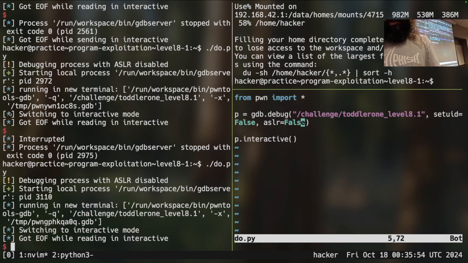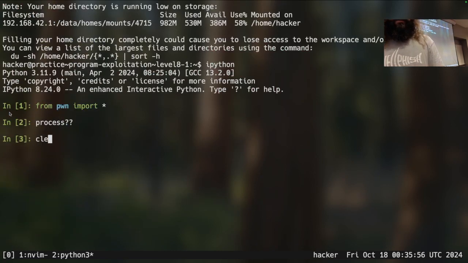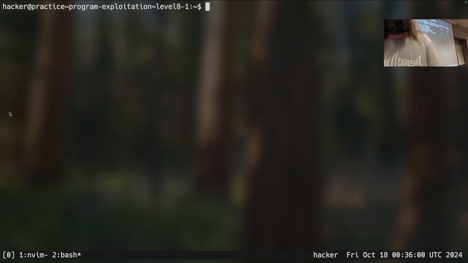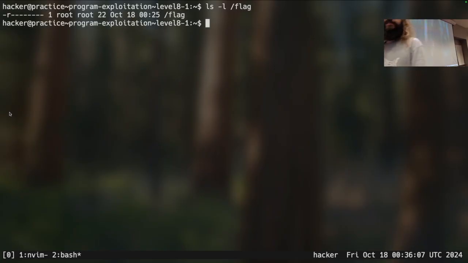So that's a reasonable question. Can you copy every binary? The answer is yes. Can you SCP every binary? The answer is yes. Can a non-set UID binary access the flag? No. Why? The flag is only openable by root. And if I copy the binary, it's not running as root because it's not set UID.